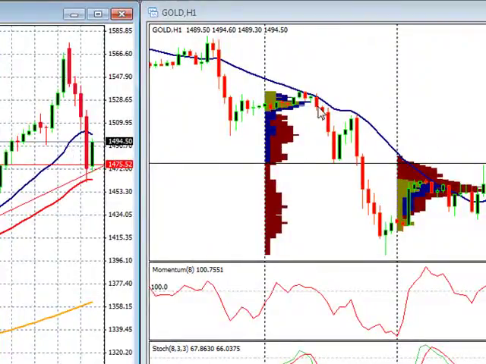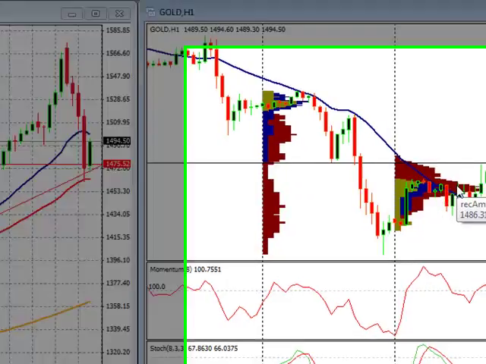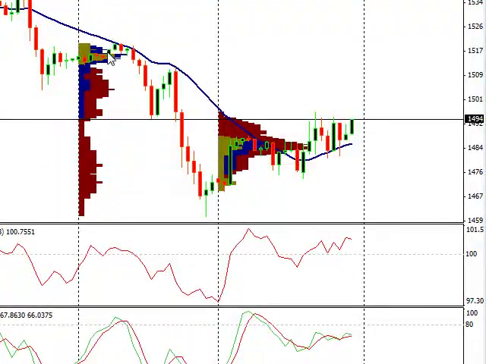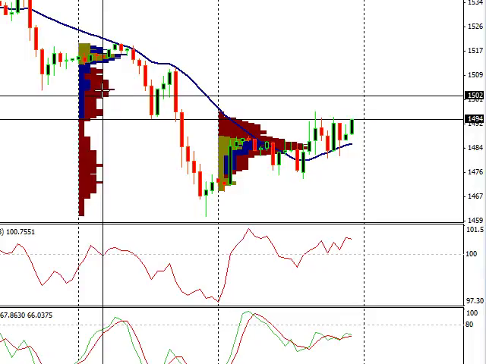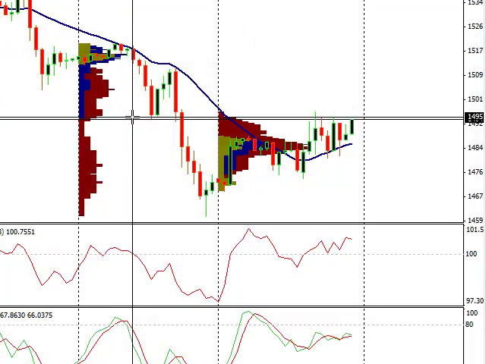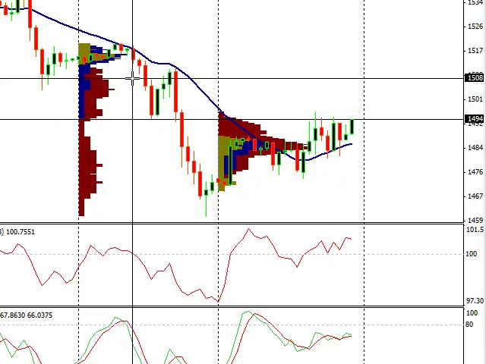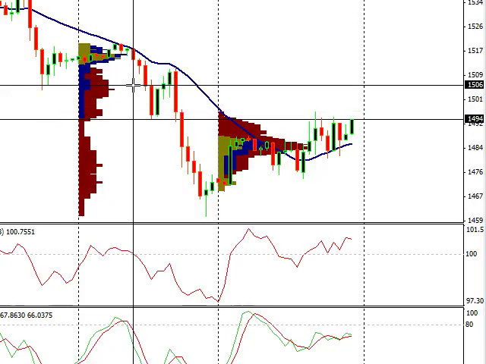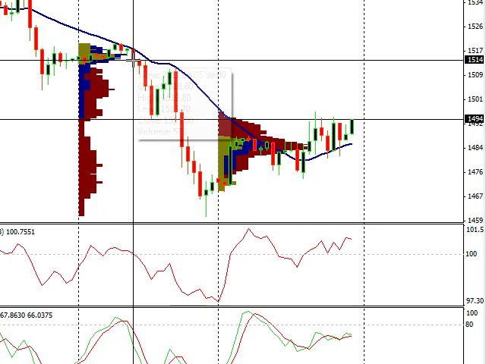What we can see on our market profile is that you can see the volume here at 1484, and the next really high volume area is around 1517. So there's a little room to run. You might find a little bit at 1500, but it looks like there's room to go up to 1517. However,